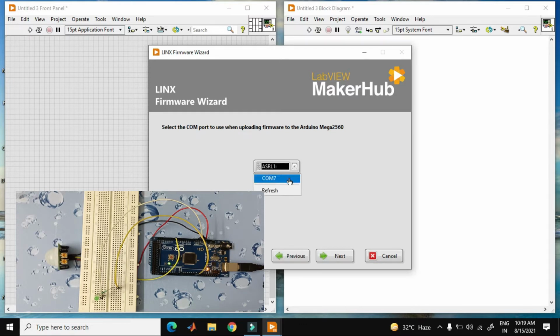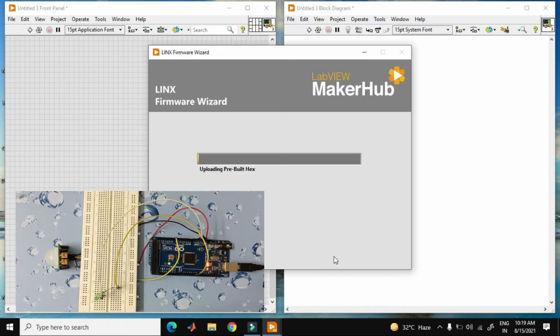Right now my COM port is 7. Next. As you see over here, the program is burning, and when the uploading is done I just finish it.